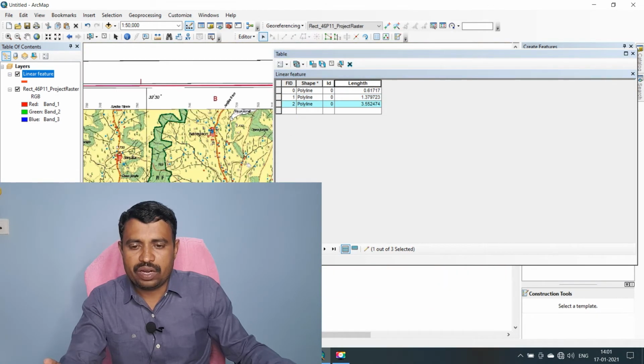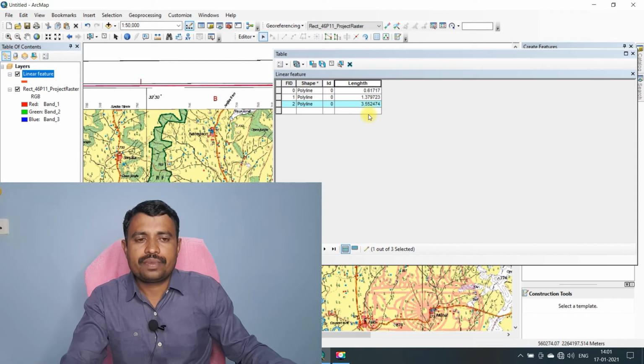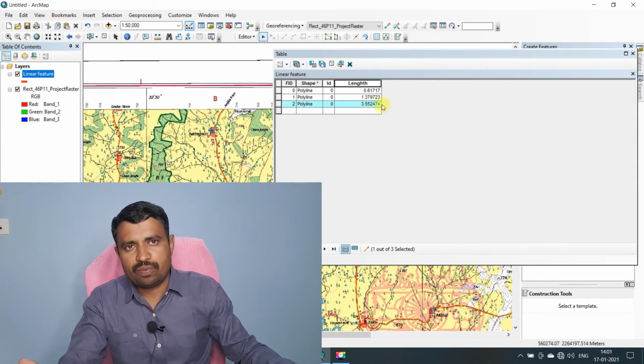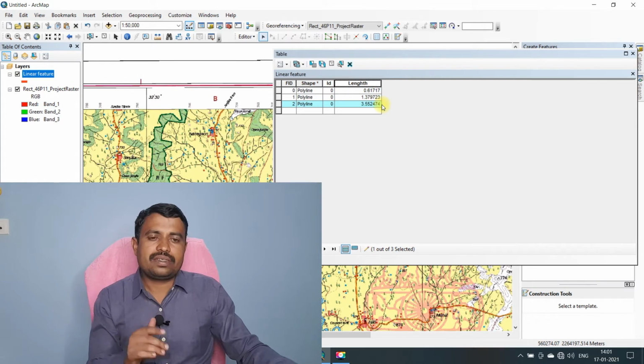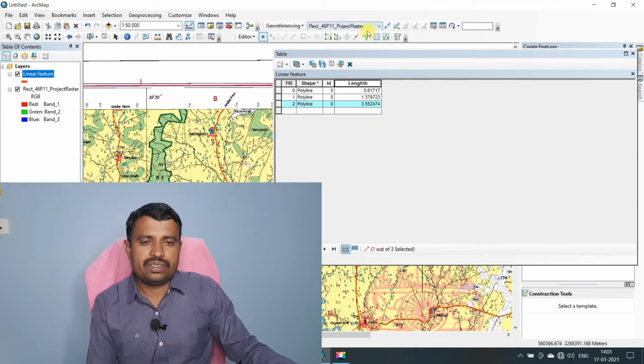So this third polyline, you see, from this to this the length is 3.55 kilometer. So this is the length. In this way we can calculate the length of the features by using this ArcGIS software.